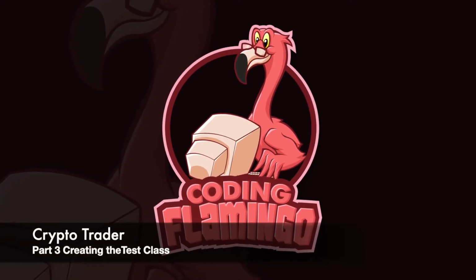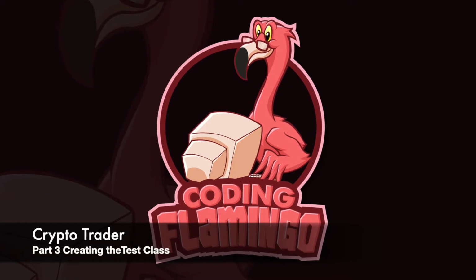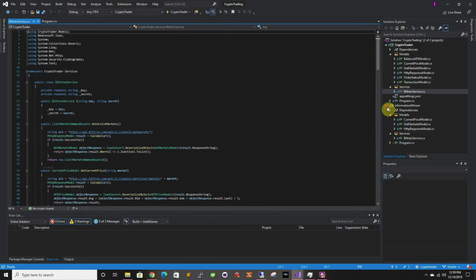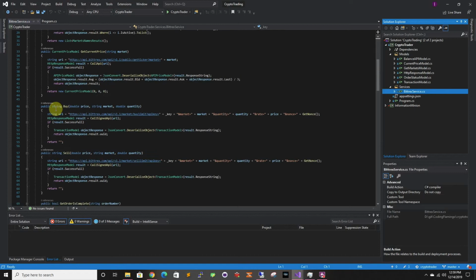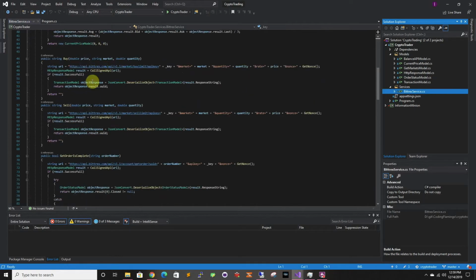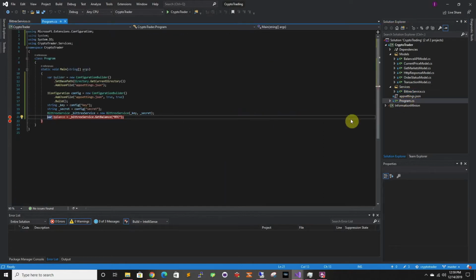So in the last video we created our API calls for the Bittrex service. We created our buy, sell, and get current price, and they all worked. So now we have to create the trading algorithm. However, we do not want to test that on our real money. We don't want to lose money for that. So we'll have to create a Bittrex service test class to be able to call the API and mimic the